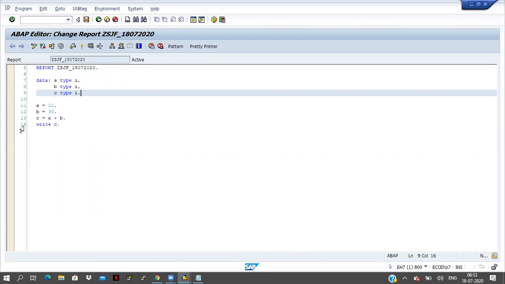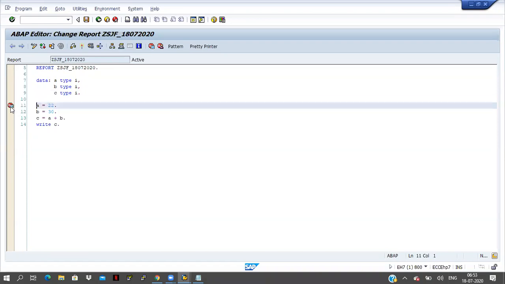How to debug the program here? I am clicking on the execute button. This is the execute button, I mean direct processing. If I click on the execute button, the output automatically comes. So here we have to do this. See, the 11 line number is coming here. Before that line, something light gray in color is there, right? Just click at that place, double click.